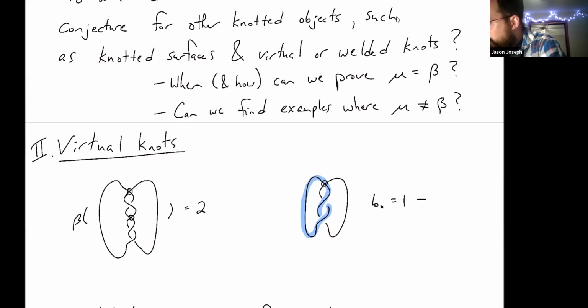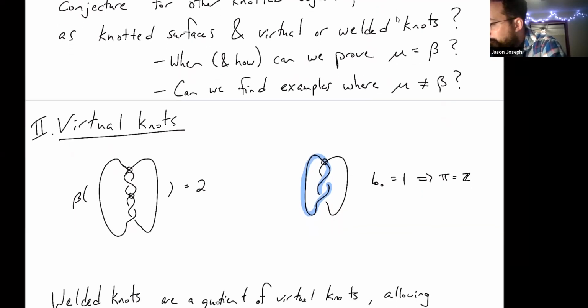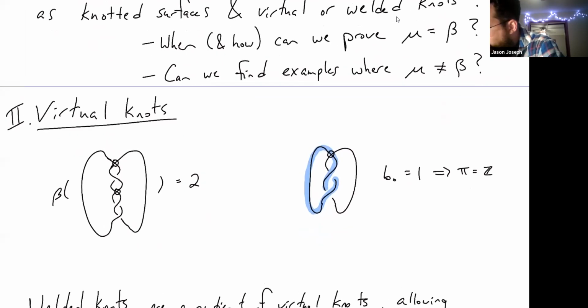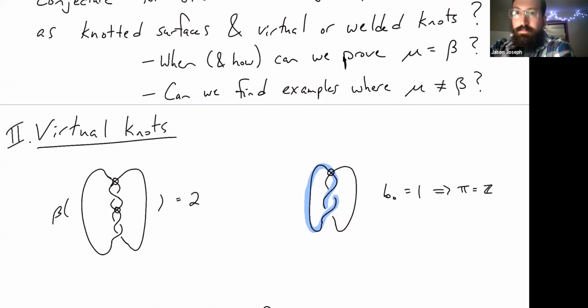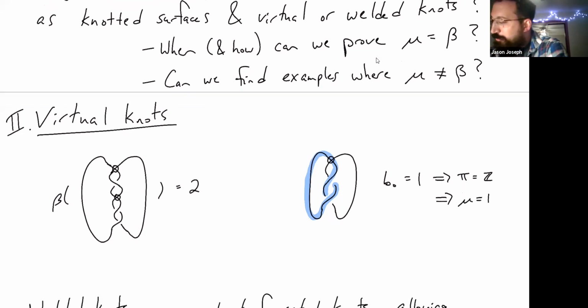If you play around with the Wirtinger algorithm, you'll see that means that the group is Z. Z is generated by one meridian, always. However,